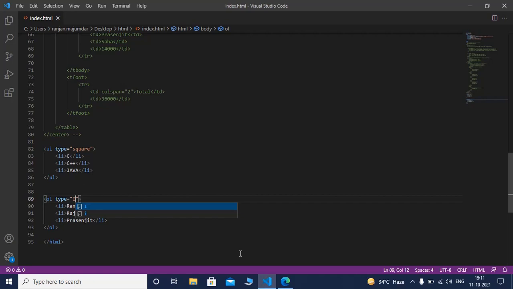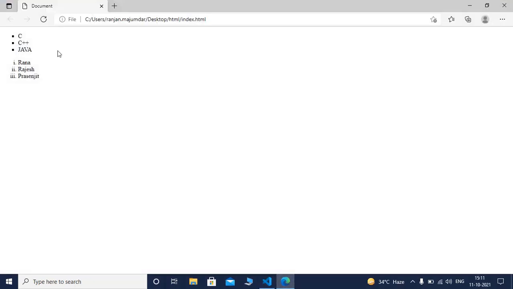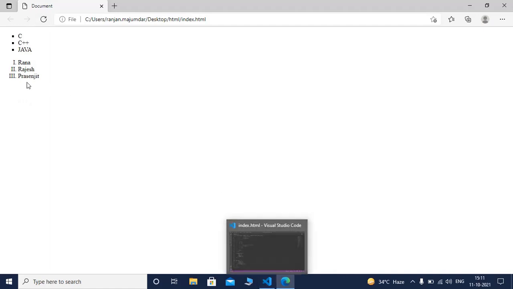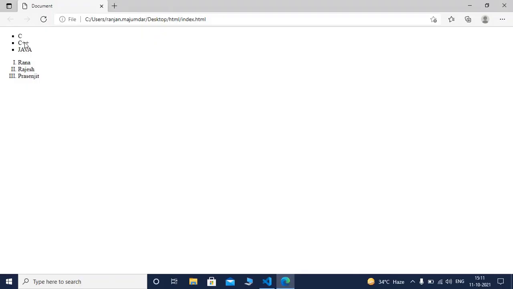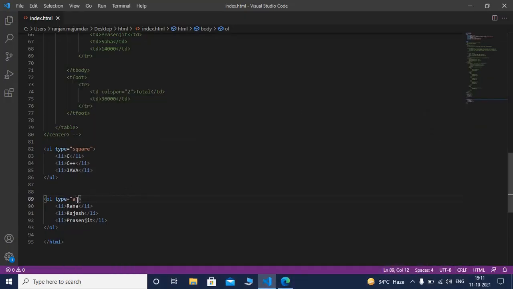Capital I, so capital I, II, III is showing as output. If I write A, so A, B, C is showing here. So these are the types of ordered list.